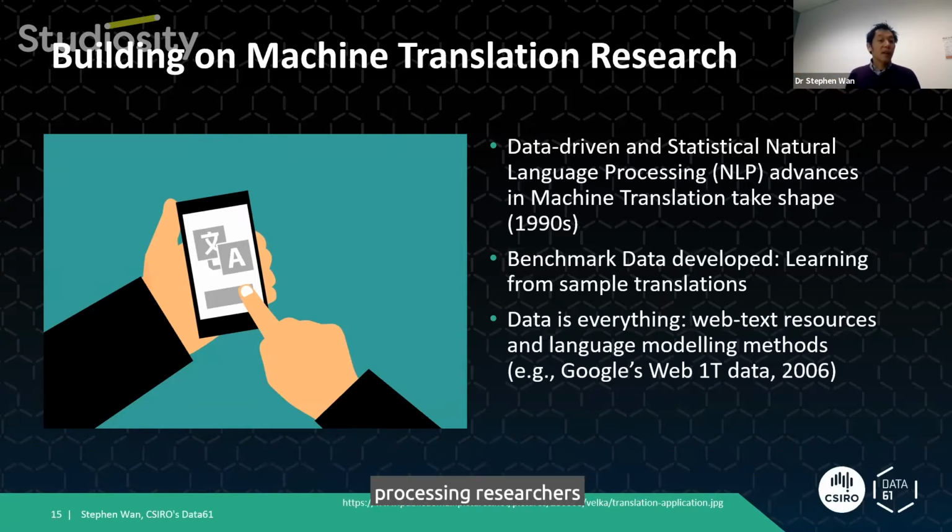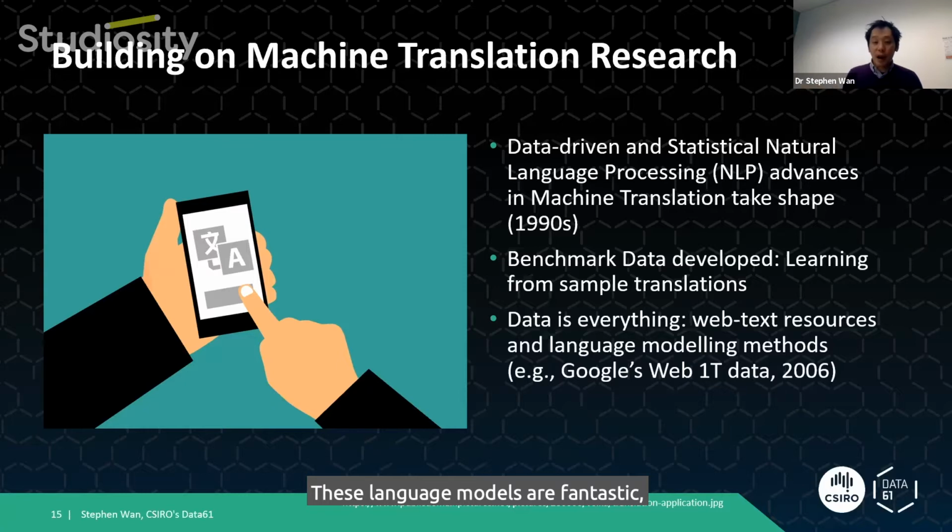In the 2000s, natural language processing researchers explored different ways to capitalize on the richness of online text. Data, it seemed at the time, was everything. And if you could throw more data at a machine learning problem, it seemed like there was no end to the incremental improvements that you could get. A famous example of this is Google's Web 1T 5-gram data corpus in 2006. This data set gives statistics of word sequences of up to 5 words in length, where these statistics are drawn from web text as a proxy for reasonable language use.